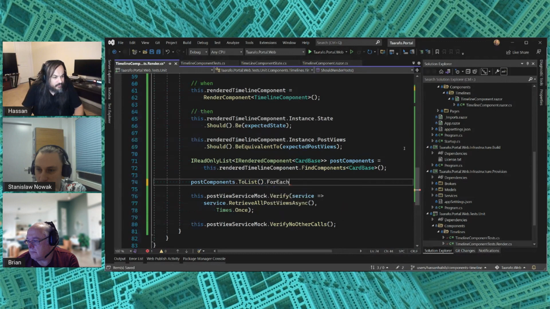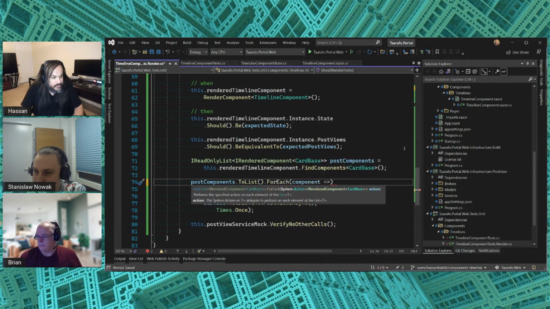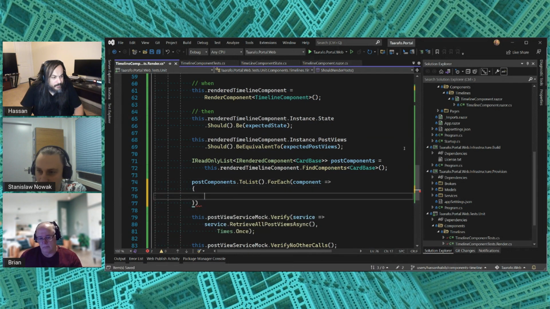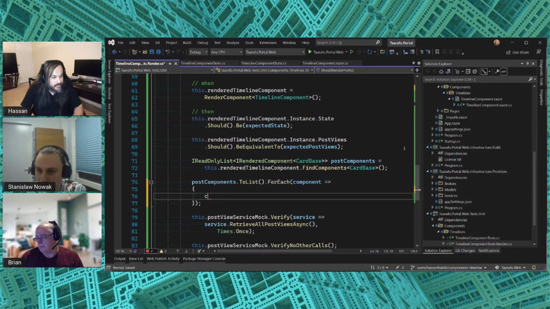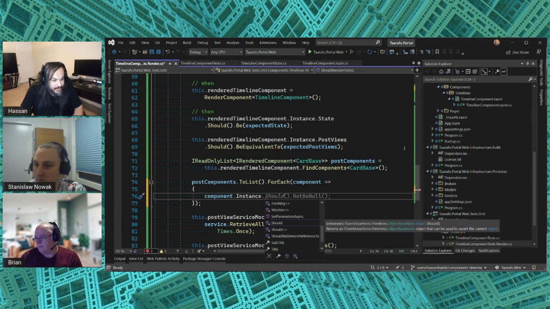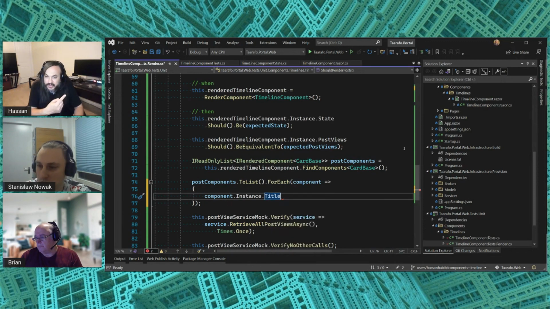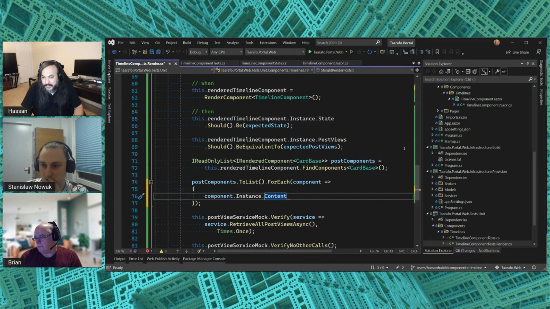Then I can say for each component, that's the card component, I want to verify that the component.instance.title, for instance, matches the title of your rendered component. In this case it's just the content, right? So I want to say this content should be,